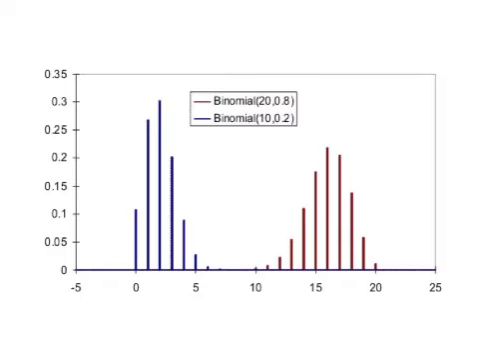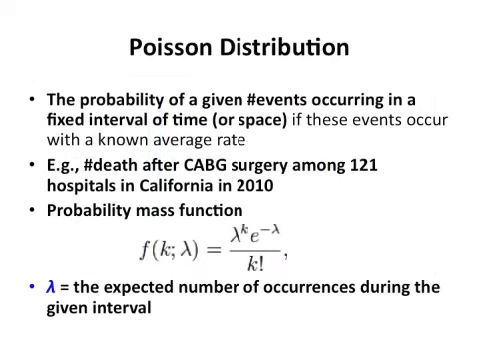And the second important distribution is called the Poisson distribution, named after that mathematician, Poisson. He's French, probably. I forgot. But that describes the probability of a given number of events occurring within a fixed interval of time. For example, in 2010, we